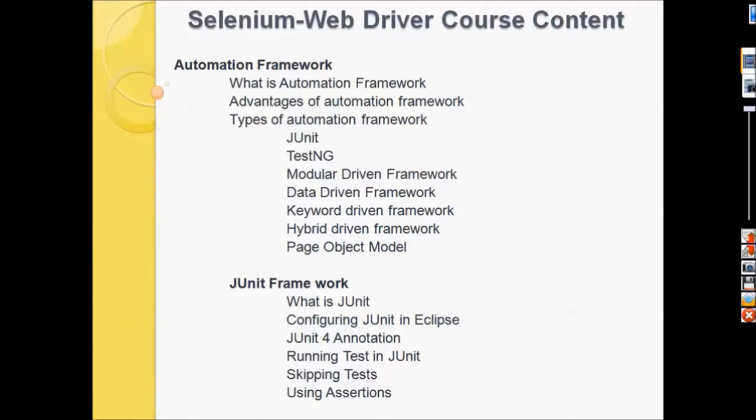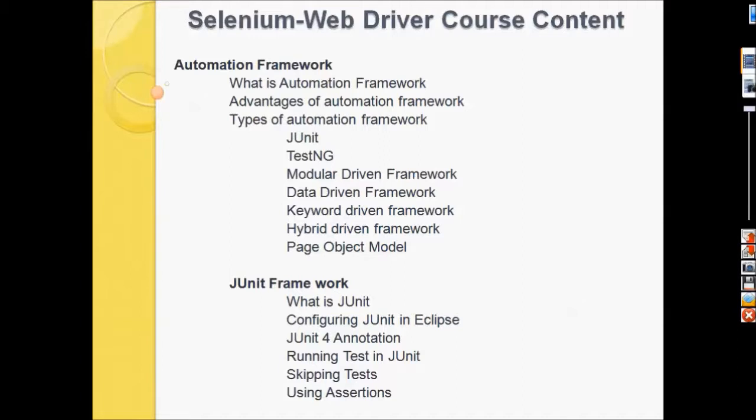by using different frameworks. First, I want to convert it in a normal manner script. If you write a normal manner script, we have a lot of drawbacks. To overcome all those drawbacks, how we can move to the frameworks. Why can we move to the frameworks? In order to implement our automation testing in a very effective, very optimized, very efficient manner, we can